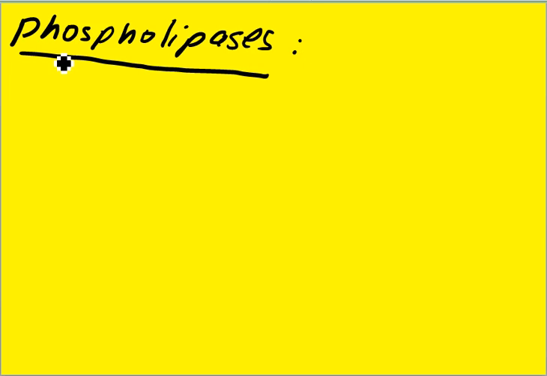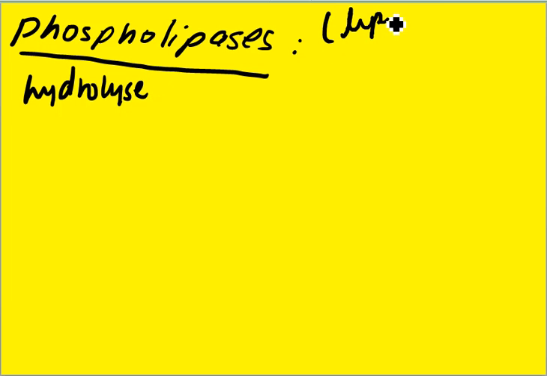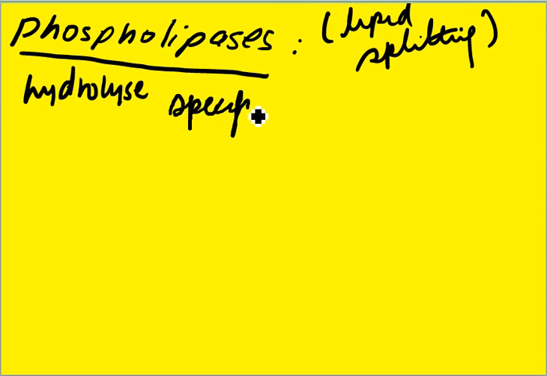So phospholipases are enzymes that hydrolyze. Remember, they are lipid splitting, so they somehow need to break the lipid into parts. How do they do it? Well, they hydrolyze specific ester bonds that connect the different blocks